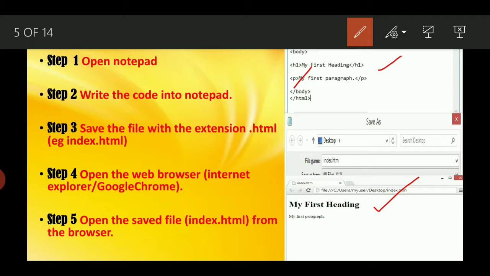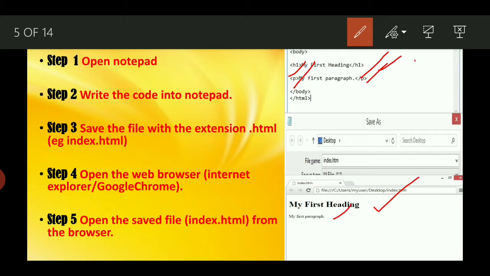You can see p tag. This is a p tag. P tag means it will create a new paragraph. So you see, this is the opening p tag, and this is the closing p tag, /p. And I have written first page. So my first page will be shown in the next paragraph. So this is the new paragraph, my first paragraph. This is how it will work.